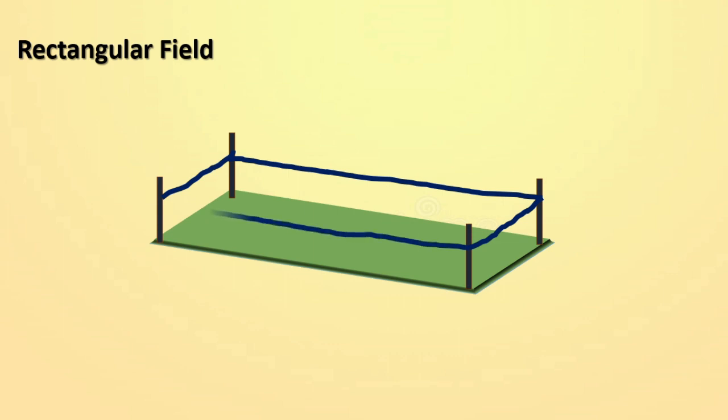See this. Now the length of the first side is nothing but 10 meter. The length of the wire that is needed for the next side is 30 meter. You can see the measurements here. Because this is a rectangular field, the opposite sides are equal. Isn't it? 10 meter, 30 meter. Here the distance between these two poles is 10 meter and here it is 30 meter. Yes, come on children, tell me how much wire is needed to make a fence for this rectangular field.